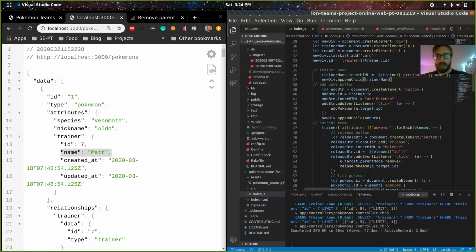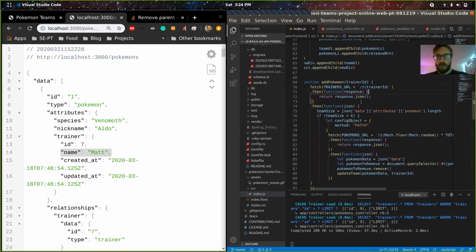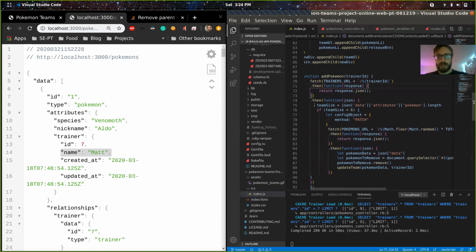Here's our add Pokemon button. Each time that's clicked, it's going to go to this add Pokemon method here. Let's go down and look at that. With add Pokemon, we're fetching that specific trainer and checking to see how many Pokemon are in there. And if it's less than 6, because I wanted to cap it at 6,